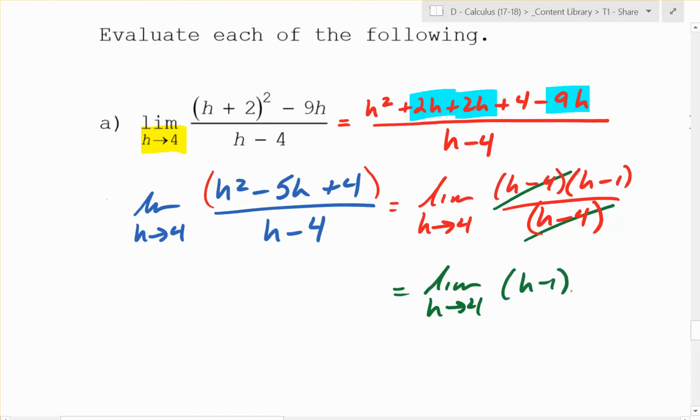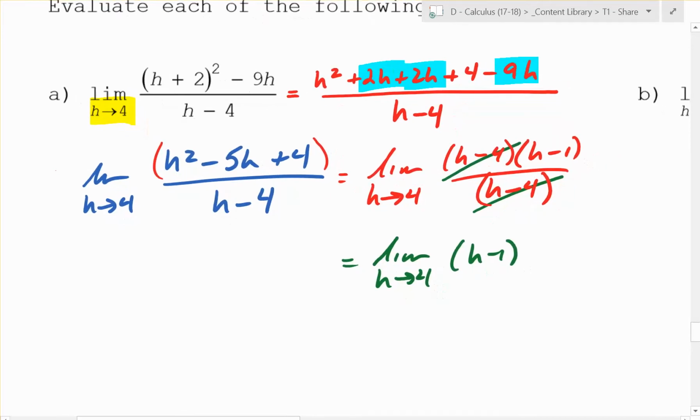h minus 1. Now, can we plug in 4 into there? Yeah, we sure can. So that's just going to be 4 minus 1, which is 3. So if you can't plug in initially, do some algebra. Might be some factoring, might be some multiplying out, might be some combination, and then see if you can plug